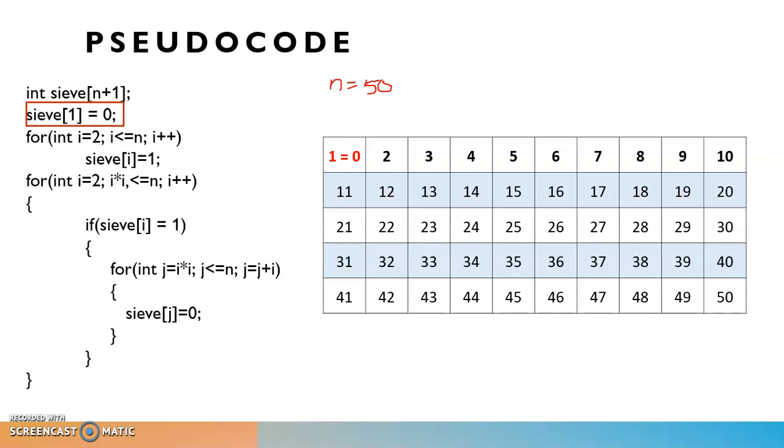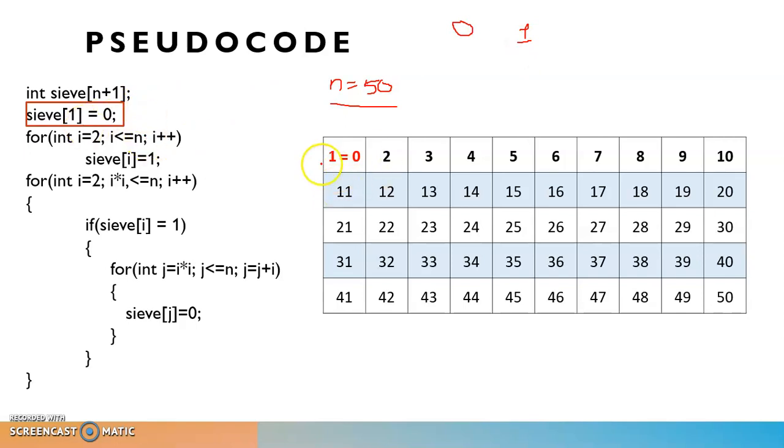You can go up to 100, thousands, whatever you want, but for our example we are using up to 50. Up to 50 I want to find out the prime numbers, so here I am using an array of size 50 plus 1, that is 51. Now why have I taken this? Because we are not interested in index number 0, since our numbers are starting from 1, and as I told you, we are utilizing the property of array index numbers, and with the help of those index numbers we are trying to find out the prime numbers.